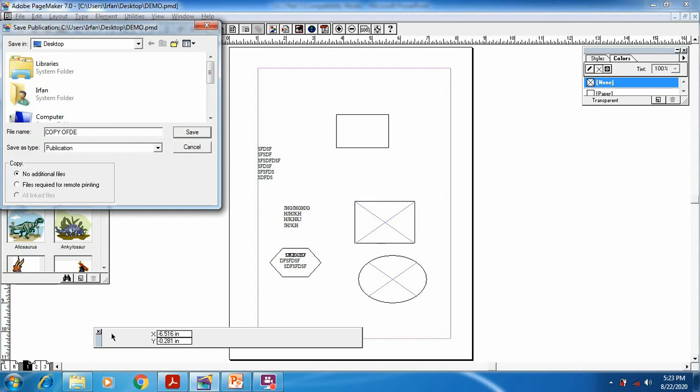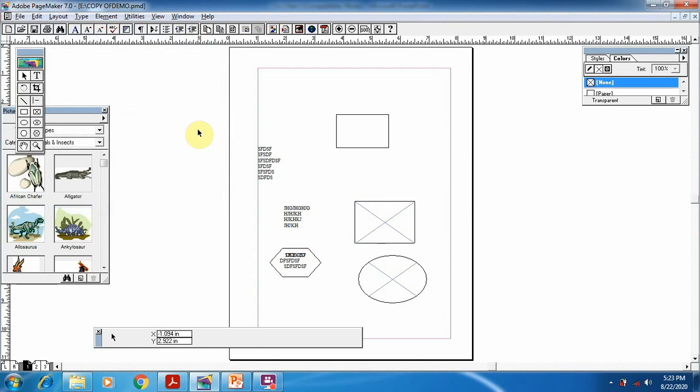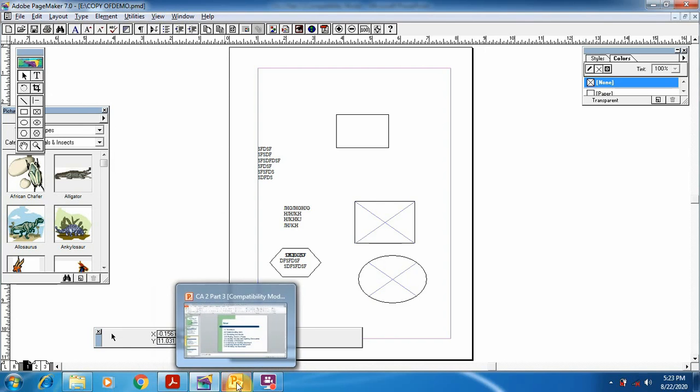For example, I am typing copy of demo and selecting a new location. Here I can select a new location, so I am selecting E, local disk area E. Now I am going to click Save. Now we have created two documents. One is demo, another one is copy of demo. So when we try to open the document, here you can see